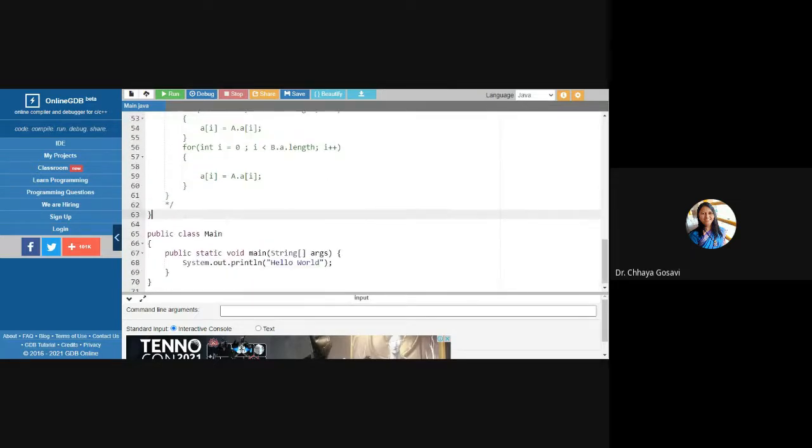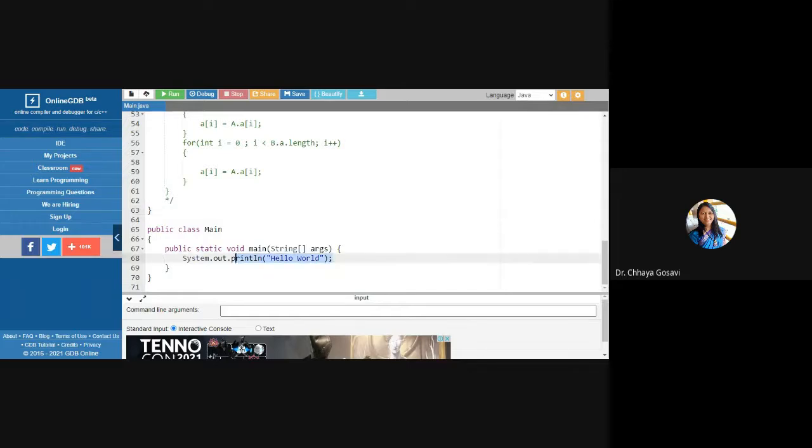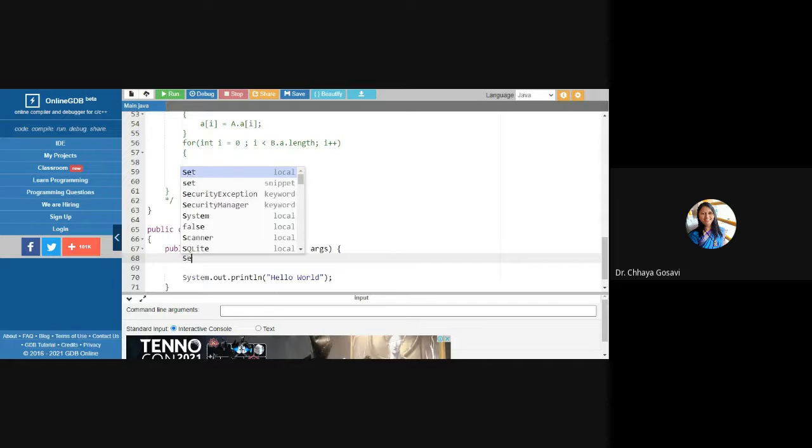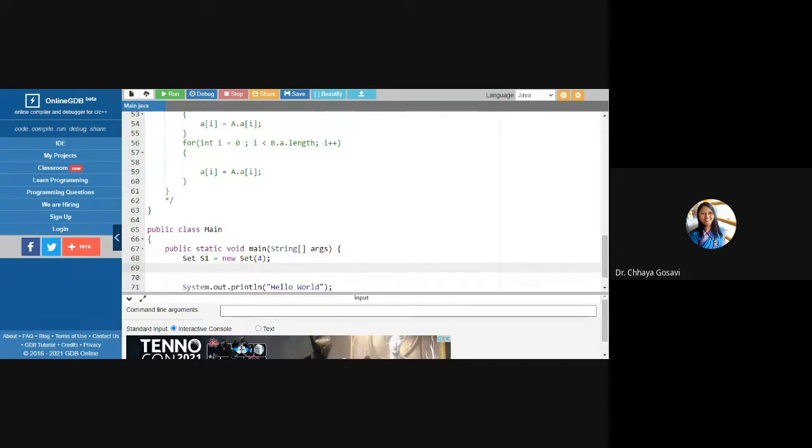So this is the bracket of our class. In main, what you have to do is create an object of the set class. Set S1 is equal to new Set. Here I'll pass a value, say 4. Set S2 is equal to new Set.